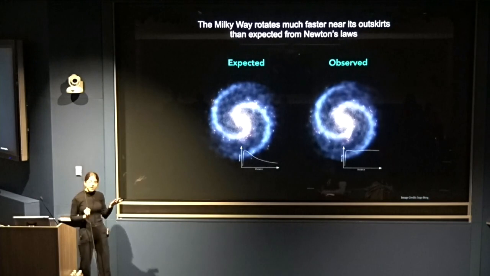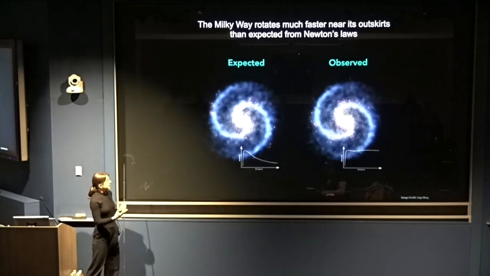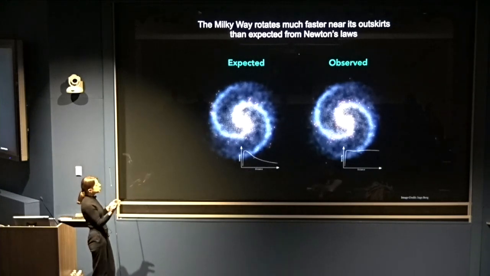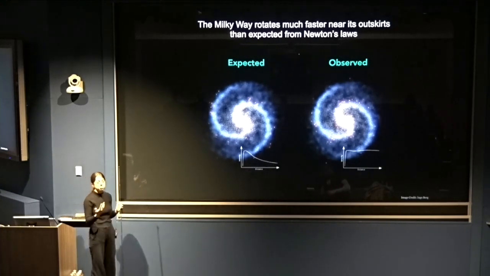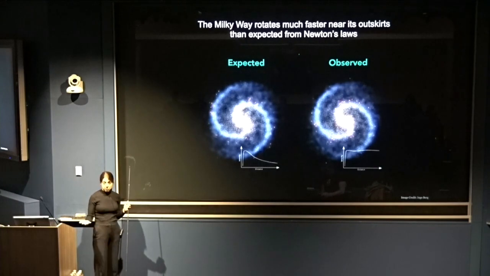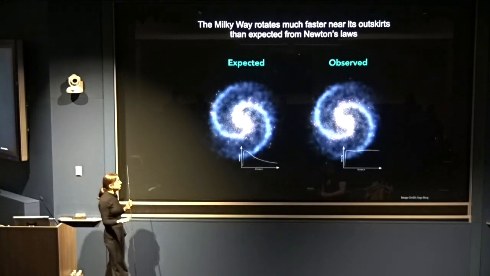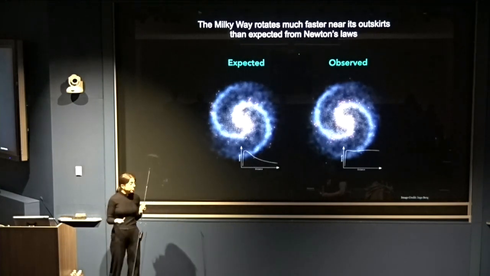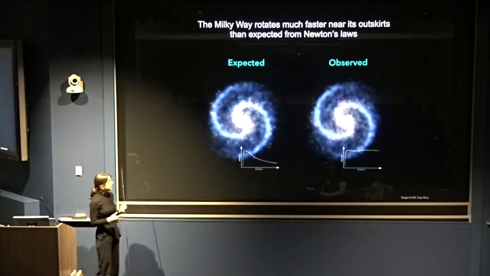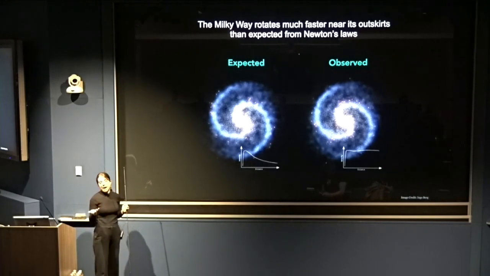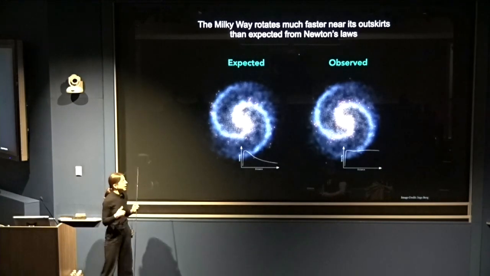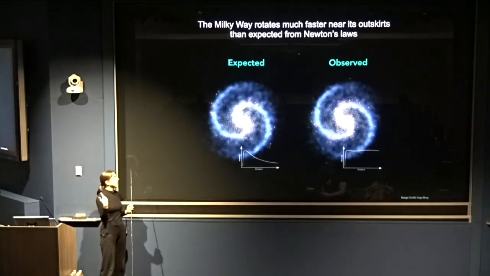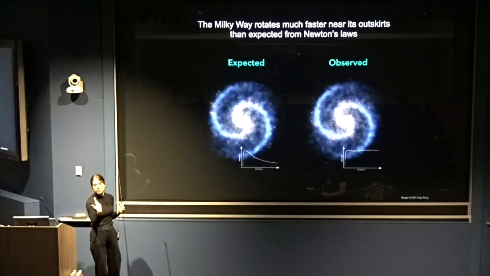And the interpretation of this is still open for discussion in some ways. There's two possible ways we can account for this. One is we can say, well, okay, Newton must be wrong. We need to go back and redo our theory of gravity. And the second option is to say that we're not accounting for all of the mass that should be there in the galaxy, that there's actually more mass than we can see, and the presence of that additional mass is what causes the galaxy to be rotating faster.